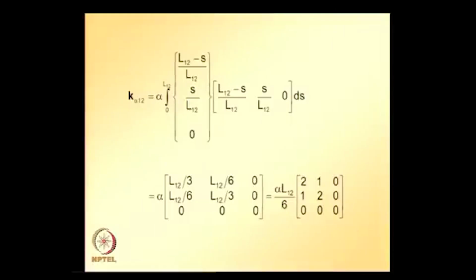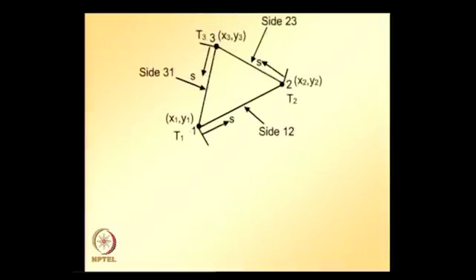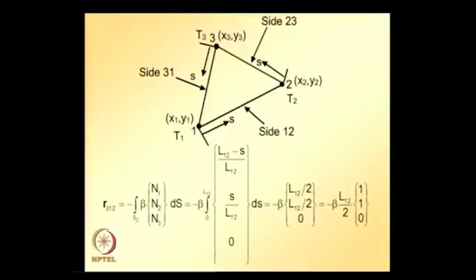Here alpha is assumed to be constant. If alpha is not constant, then we need to include that inside the integral, and then you adopt numerical integration procedures. Similarly, R beta along side 1 2, the details are shown here,